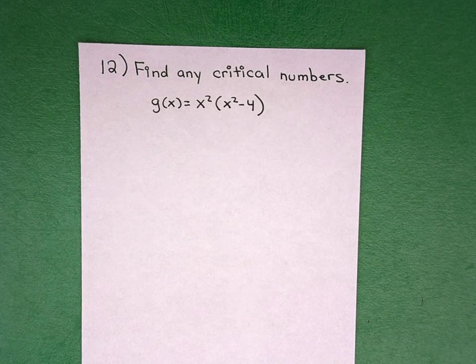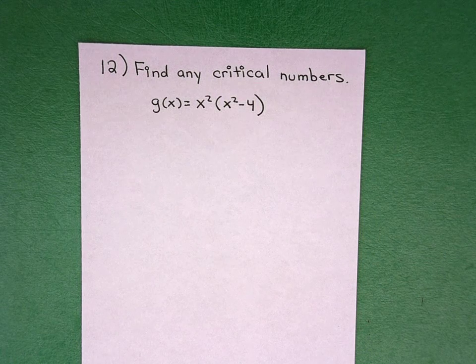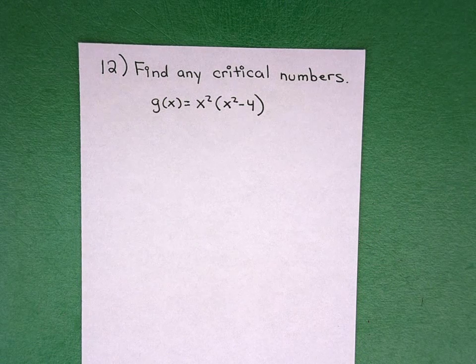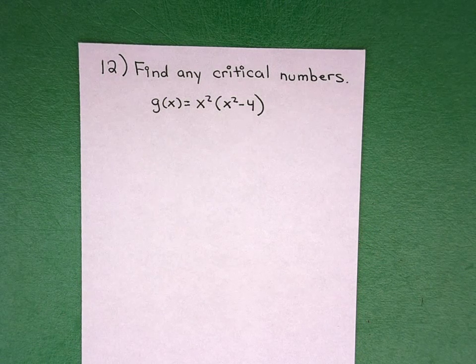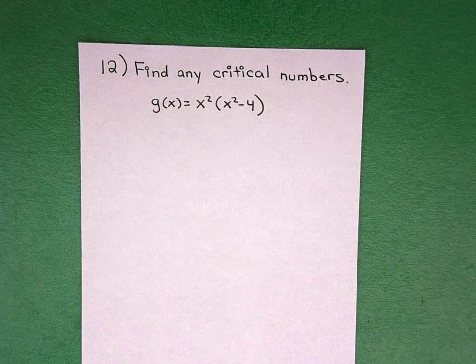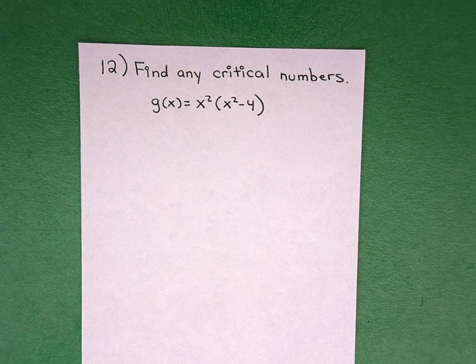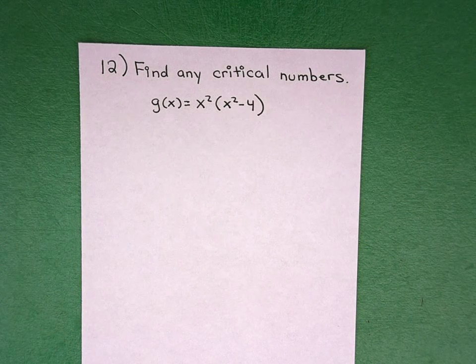A critical number exists where f prime is equal to 0. So remembering f prime, our derivative, is the slope of a tangent line. So we're looking for locations on our graph of f where we could draw in a horizontal tangent line. F prime equals 0. In addition, critical numbers are also where f is not differentiable, as long as it's defined,